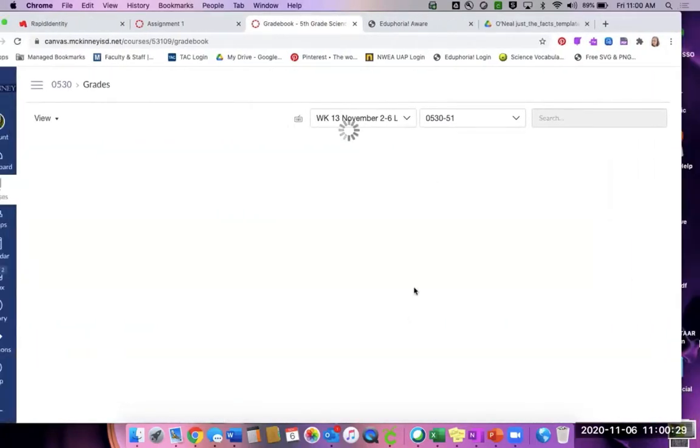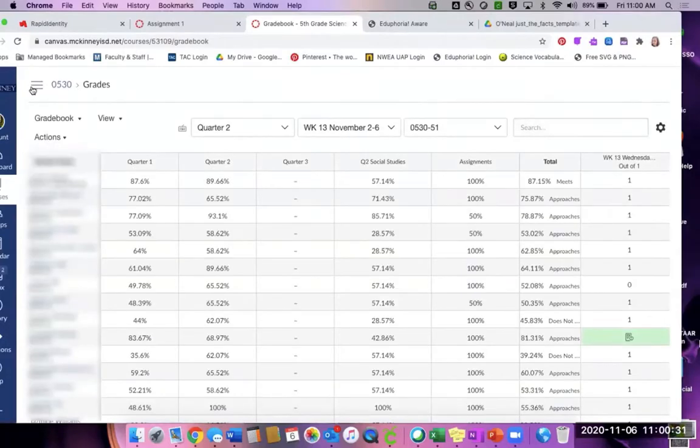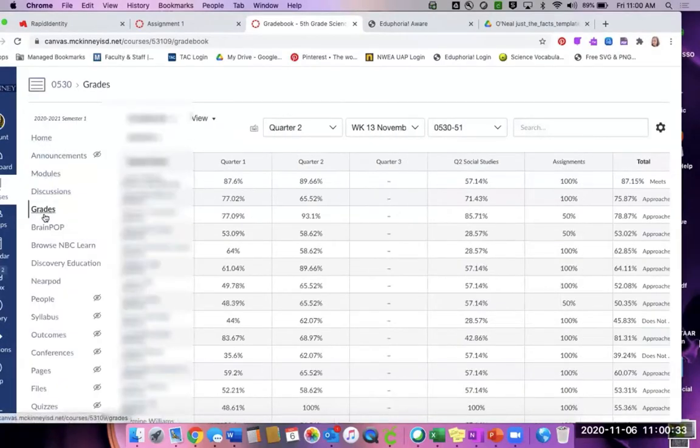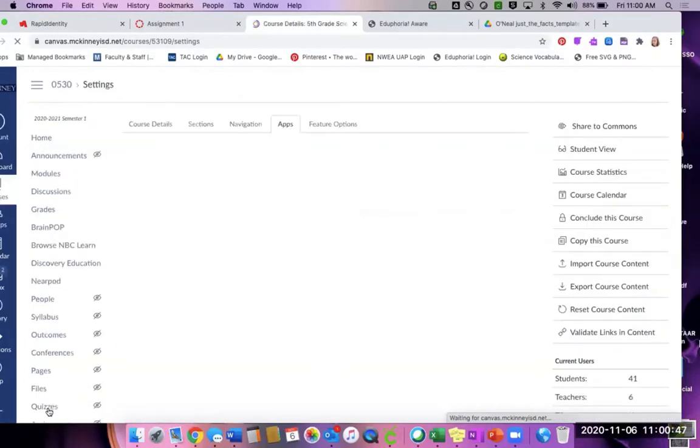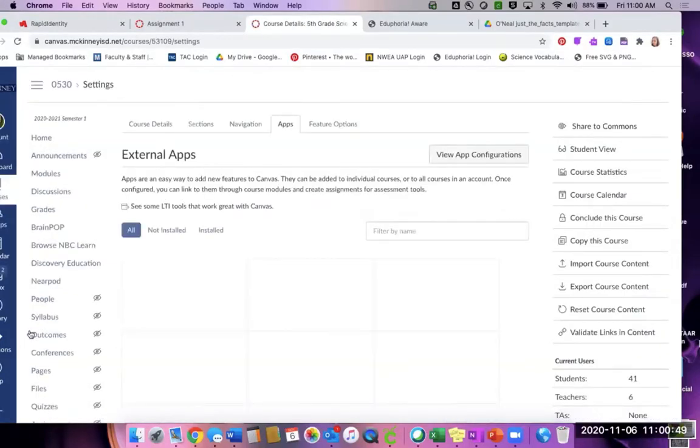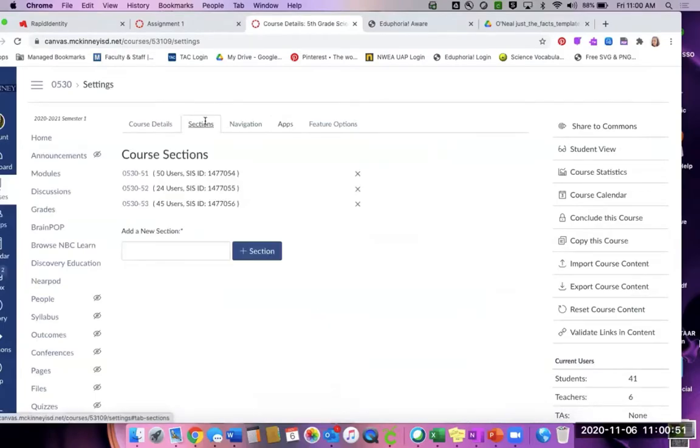It's easy for students to see their grades as well. On the grades, if you have it visible, I turned some of the things off because I don't want all the students to be able to go in there, because they don't need to go in and see everything separately like that because it's too confusing. So if you don't want students to be able to go in and see everything separately, you can just go to